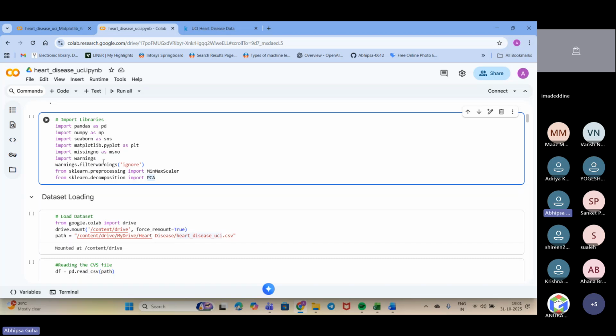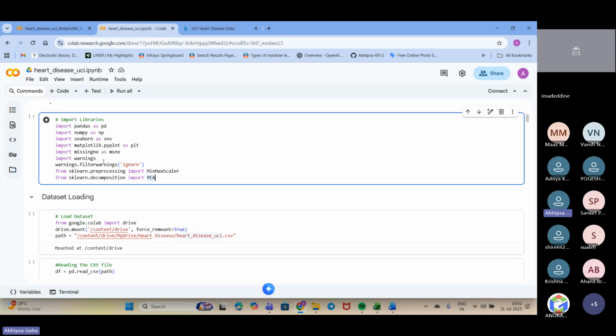Next, we use MinMaxScaler because that is required for pre-processing. If we need scaling or normalization, we use it on our numerical data so that all the features fall within a certain range. Next, for the decomposition part, we are importing PCA.